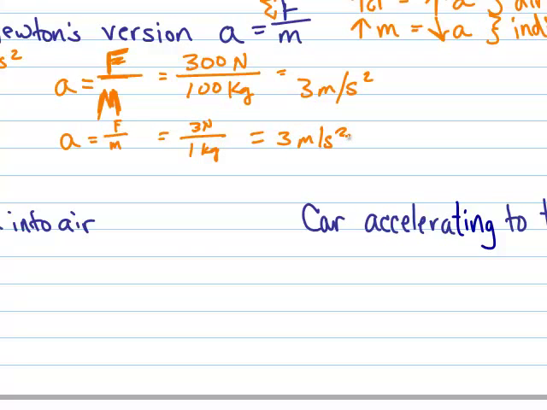We had to push harder on the object with more mass. We didn't have to push as hard on the object with less mass. That's exactly what happens with the Earth. The Earth pulls harder on objects that have more mass and with less force on objects that have less mass. So if you take Galileo's little experiment